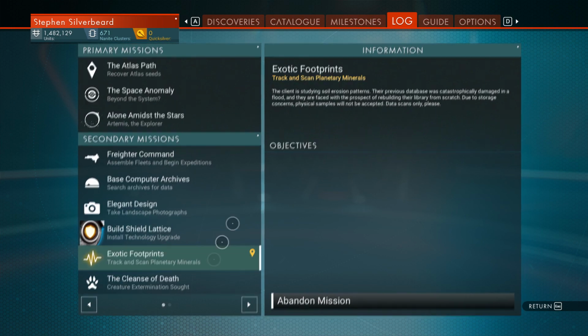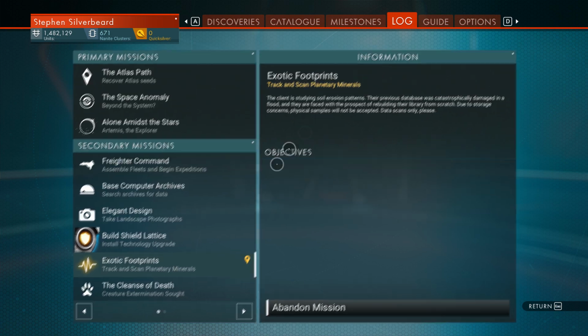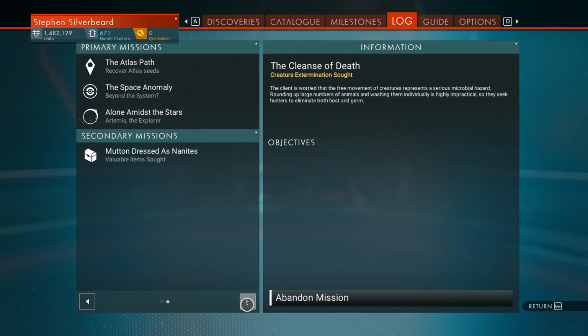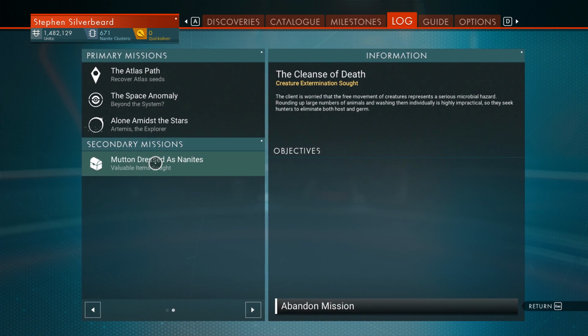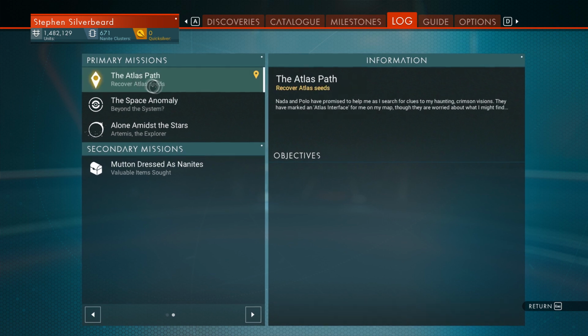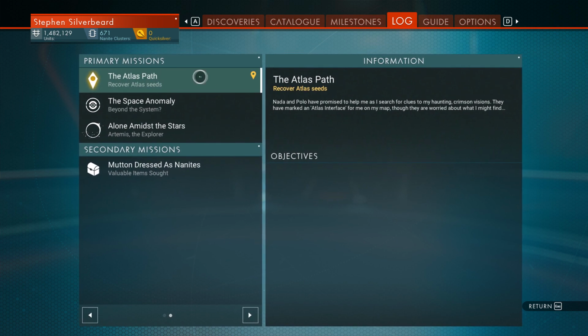I've got one to scan 5 minerals. That's always a good early shot for some simple cash. And we've got cleanse death, kill creatures. That's always a good one as well. And we've got, I think this is collect 250 Pyrite. And what I want to do in this video is start the Atlas path,